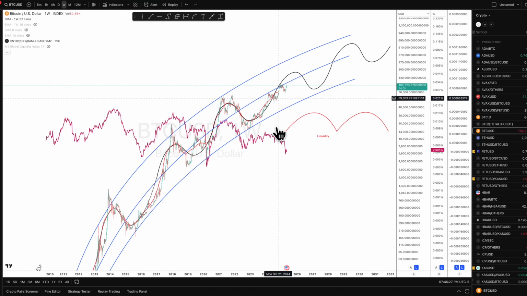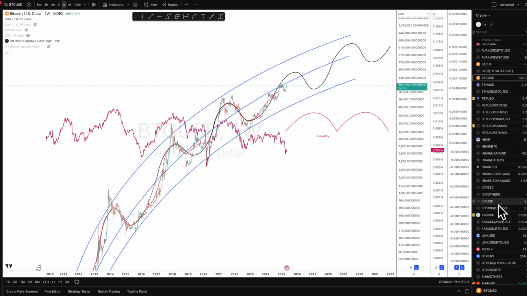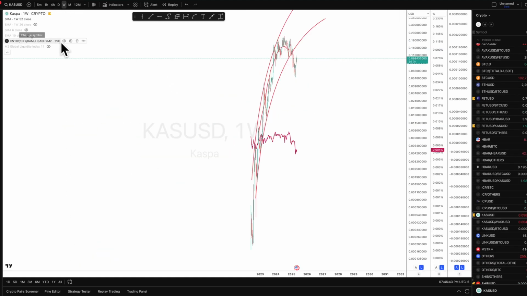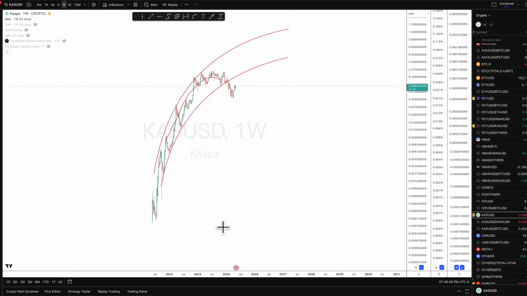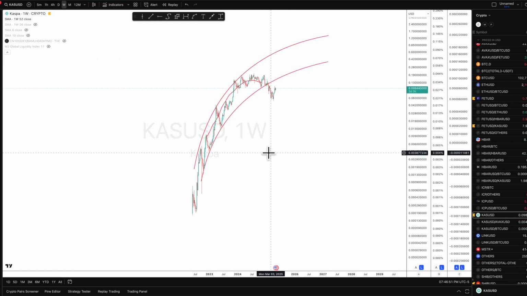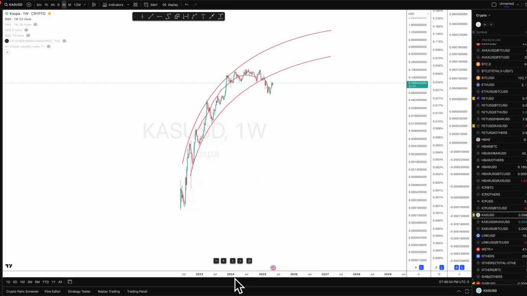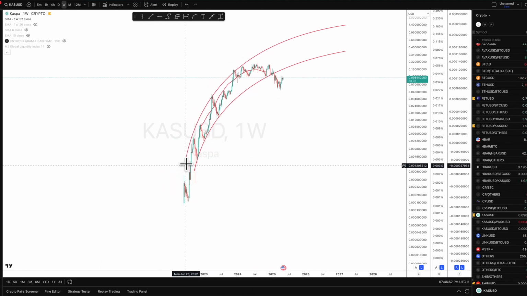Throughout this whole crash, though, Bitcoin has very reasonably held up despite having a large liquidity crunch. The same cannot be said for altcoins. Let's look at Kaspa, because this is another one I've talked about. Myself and many others believe that Kaspa is finally very potentially the silver to Bitcoin's gold, because it also follows a power law. The only two cryptocurrencies that follow a very significant R squared of 0.90 or above